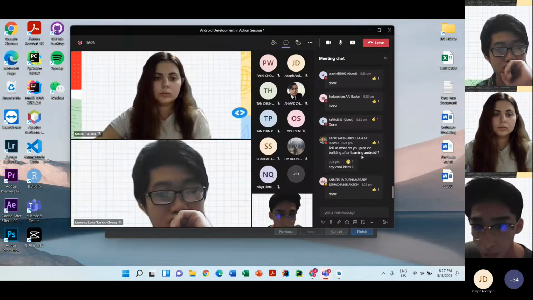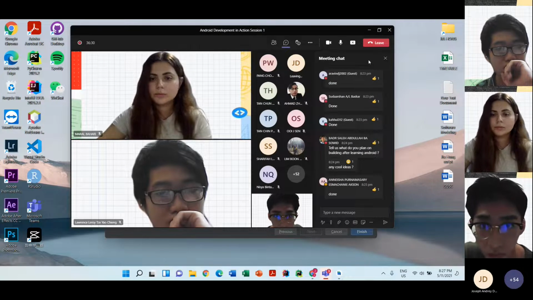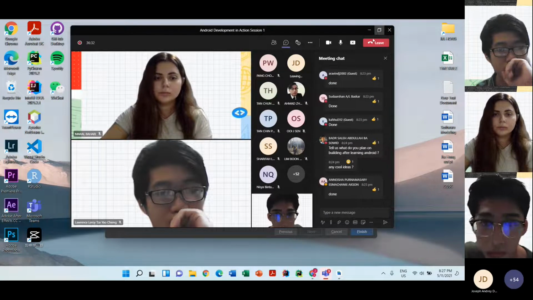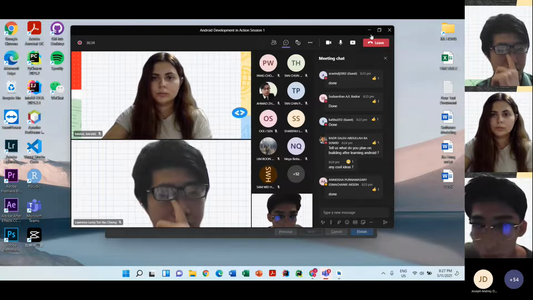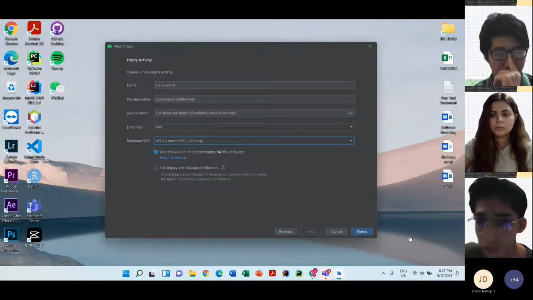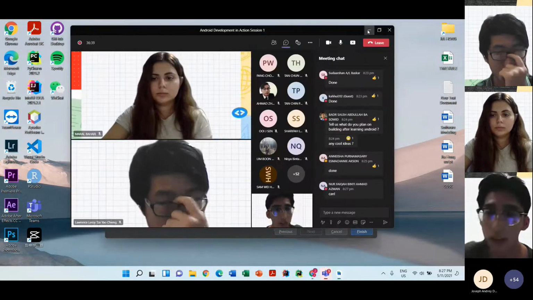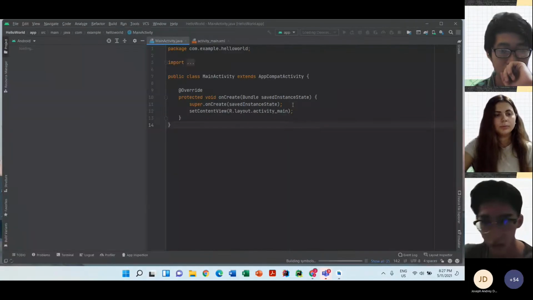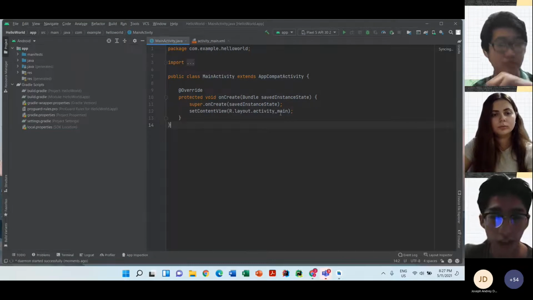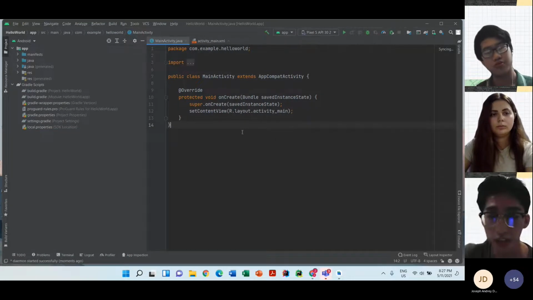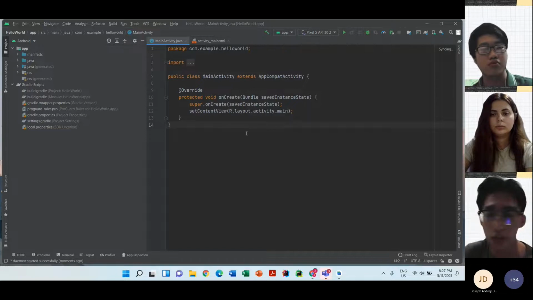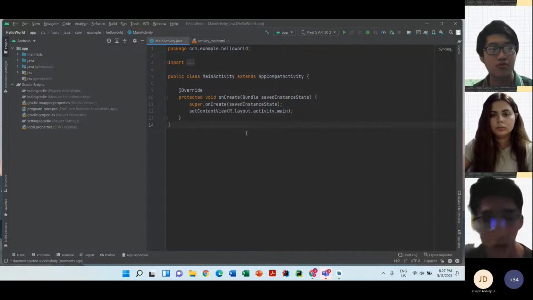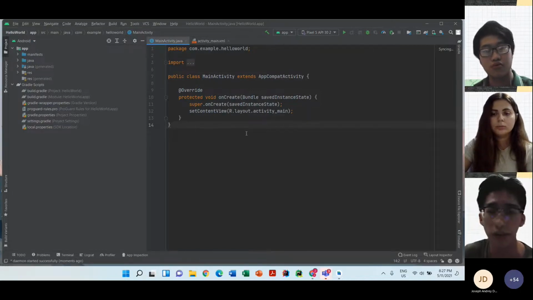So can you guys follow? Okay, nice. When you build the project, if it's the first time that you're creating these Android applications, this process can be very slow because Android Studio is going to download some stuff, for example, like Gradle files.